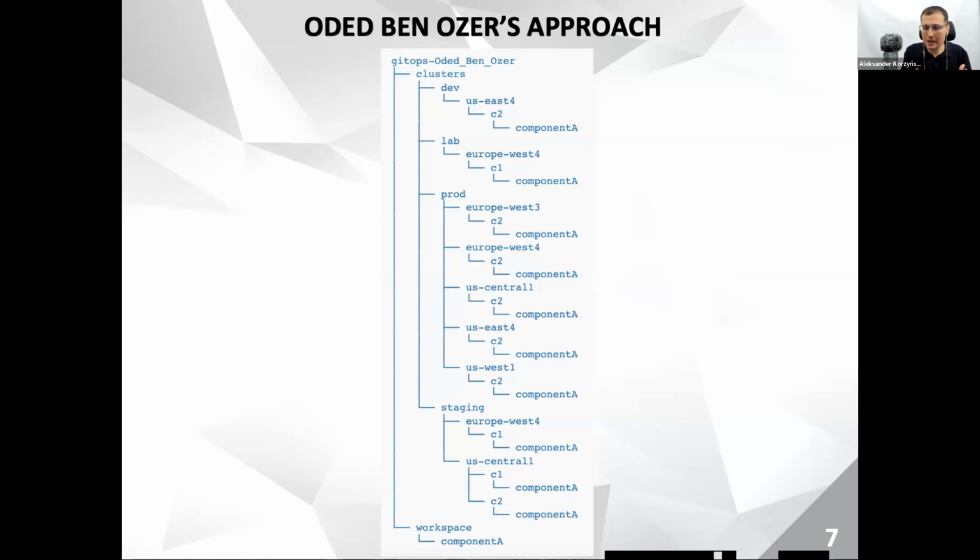Like, what is this structure? Like, well, what are all these things? Where do I make my change? So the name workspace, I like that because it's meant to attract the user. So in this structure, a developer makes a change to the workspace, which has a list of components, component A, B, and C, which could be applications, but could be other things. And there is a separate file that defines, okay, if it goes to workspace, it's supposed to get deployed, say, to staging. Then from staging, it's supposed to get deployed to, say,